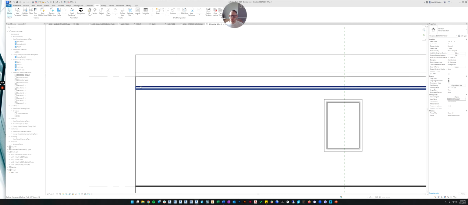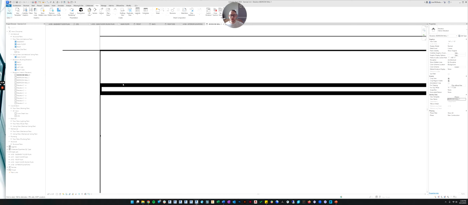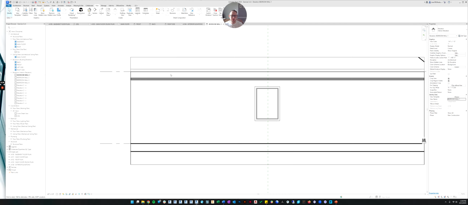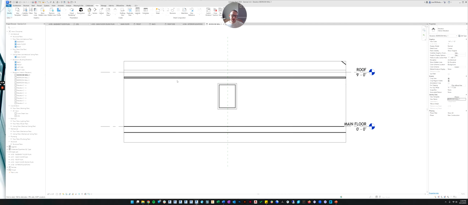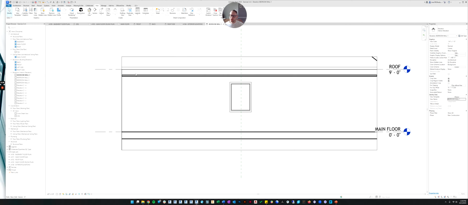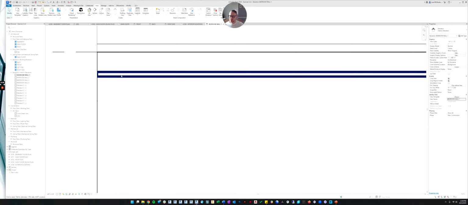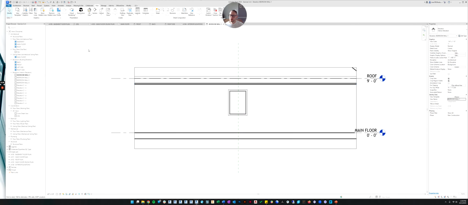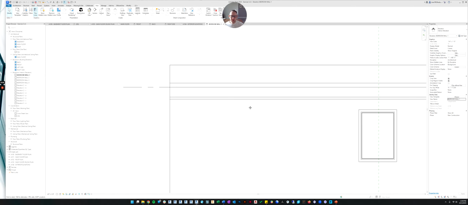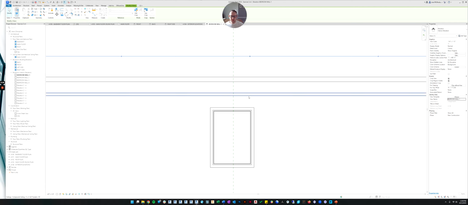So if you've taken CAD, you know that lines, you can give them what's called a weight so that they're thicker or thinner than the other lines in the view. Typically in drafting, we can get into this later, when lines are thick, it means you're cutting through them. And when lines are thin, it means you're just looking at an edge. So you can see it's cutting through the floor and it's cutting through the ceiling. That's why they're thicker. But it's confusing because it's sometimes hard when the lines are all thick. I like to turn off the thick lines so that all lines have the same weight. And now I can more precisely see what's going on.